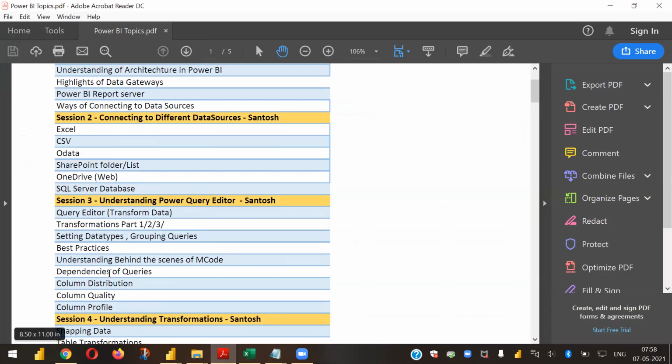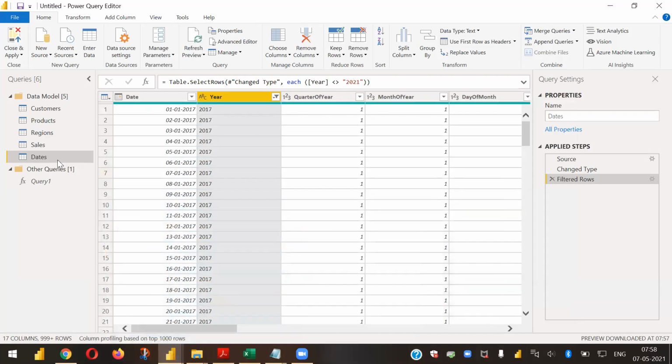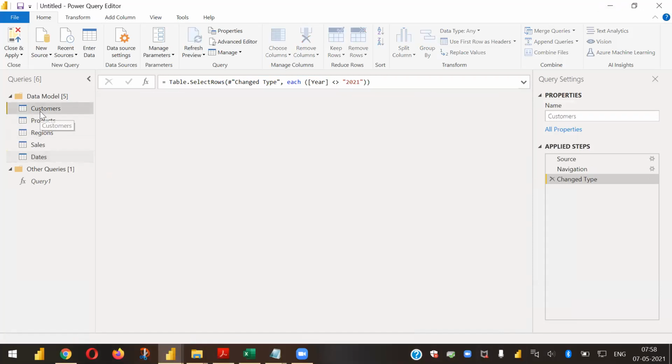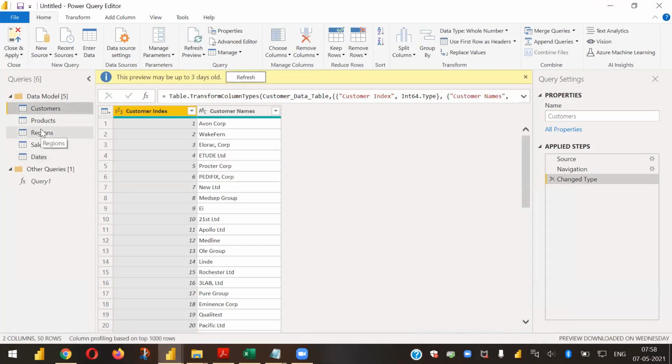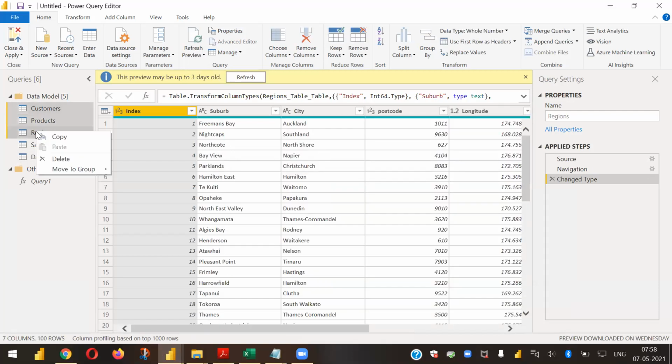I think there's one more thing. I'll just show you the dependency of queries. Grouping of queries is the same thing I told you about: I've grouped them into one data model group. If you have many queries, for example, if you wanted to group these three queries into a different group, you can right click and move to a new group. It all depends on how you want to group your queries. It's just like a folder structure. We create it and keep them in a proper, understandable format. Sometimes you get more and more tables for different purposes.